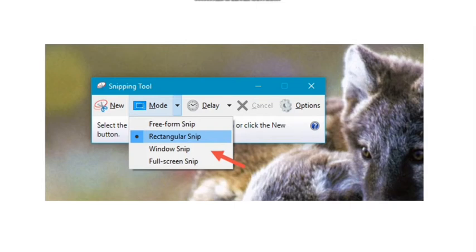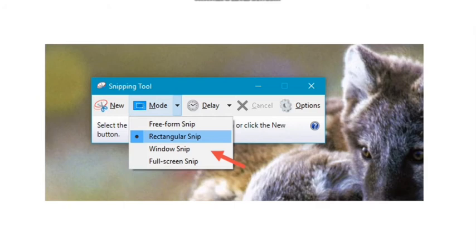The free-form snip enables you to draw an irregular line around an object or area. The rectangular snip allows you to take a screenshot shaped as a rectangle by dragging the cursor around an object.